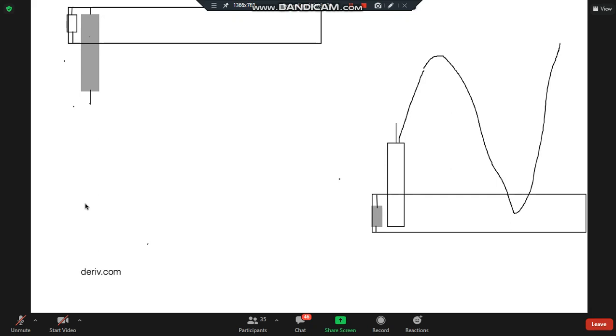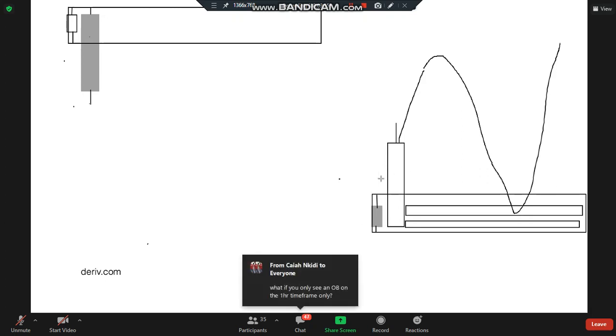So what if the market touches the 1 hour one and then moves? Remember how I showed you, if it touches a bigger 1 hour one, let's say this whole one, it means inside there were maybe 2 order blocks on a smaller time frame. Let's say there was an order block here, and there's an order block here. And you find out that this whole area that you've highlighted is part of the 1 hour. Can you see it? Yeah. And inside of the 1 hour,